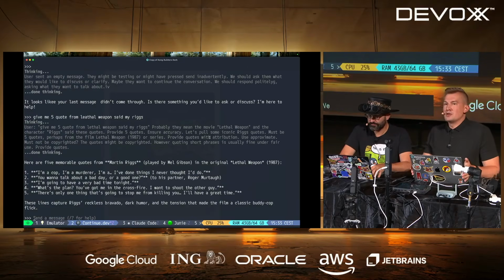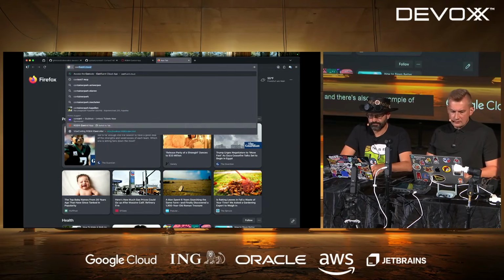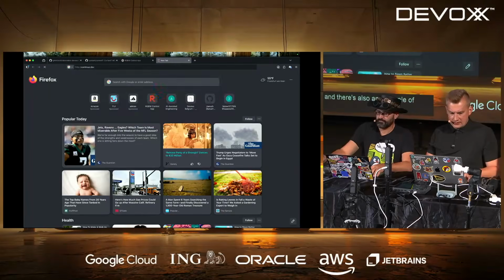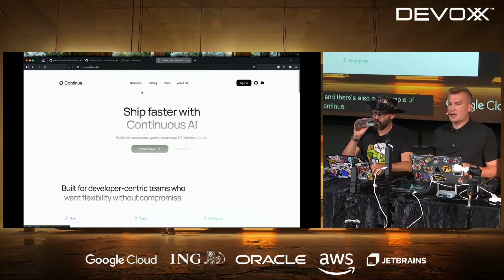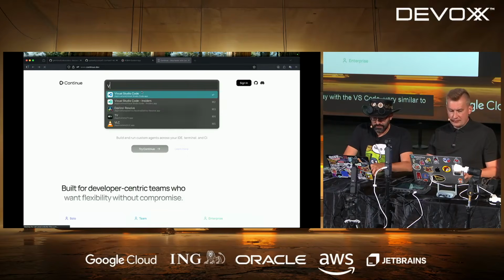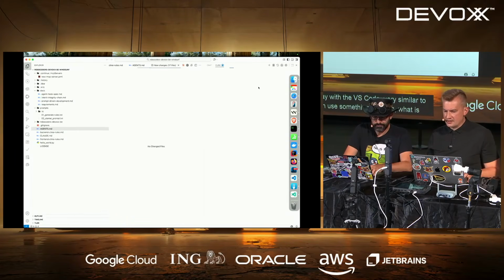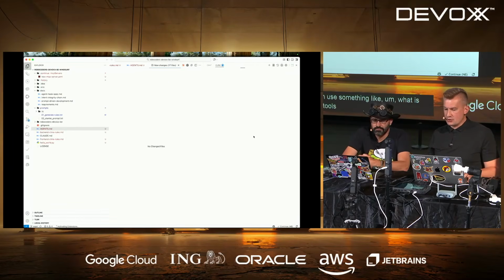We cannot do this. We want to do this from a laptop. We want to run this from here. So we have to find a different tool, and we actually found one. There's also an example of another one, continue.dev. It's another agent. It has a plugin for VS Code. We will go away from the VS Code, very similar to what we showed you here. Or we can use something known as Cline, because those tools allow us to integrate